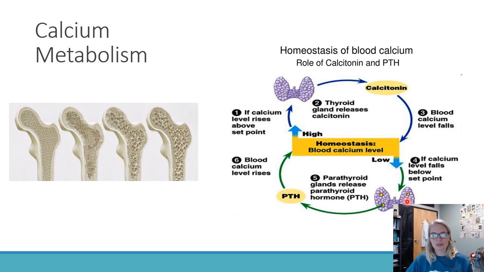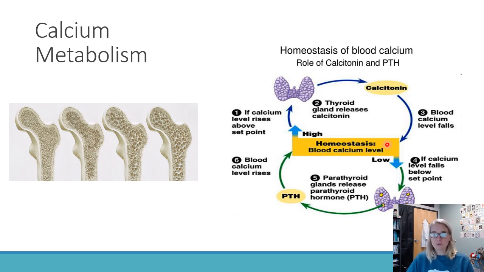Well, our parathyroid glands, those are the four little bean-shaped things on the back of the thyroid, they're going to recognize that. They're like, hey, blood calcium level's too low. We got to fix that. We can't get too low blood calcium. So it releases your PTH, goes and targets your bone, because that's where almost all 99% of our calcium is stored in our bone. It causes the bone to release that blood calcium, bringing us back to homeostasis, right? So we use the calcium that's stored in our bones as needed.